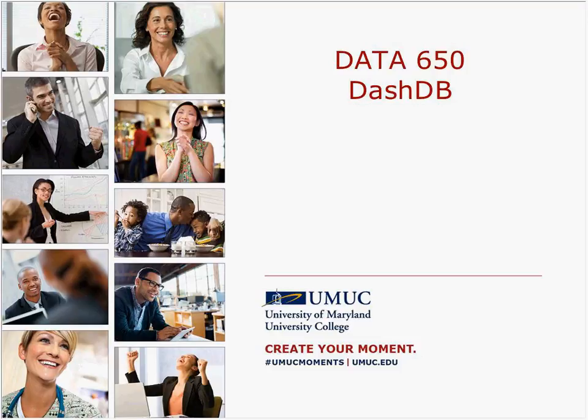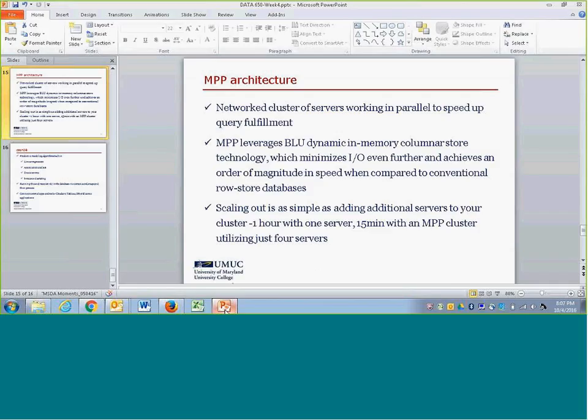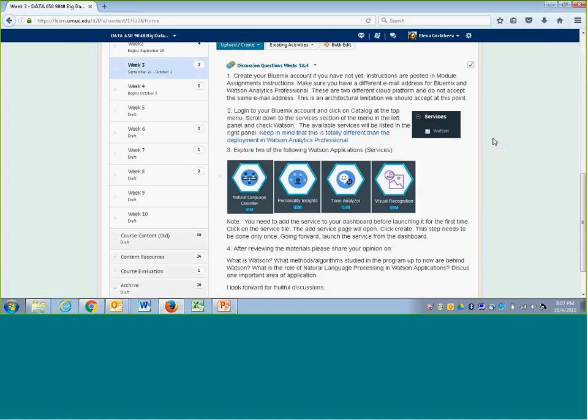And one of them is the discussion for week 3 and 4. Actually, week 3 already gone, and we are in week 4. So this is the discussion for week 3 and 4. Do you see my screen? Okay. So when you go to the Watson Analytic catalog, there are many different. The only thing we are exploring these 2 weeks is Watson cognitive computing, and from all the applications there, I